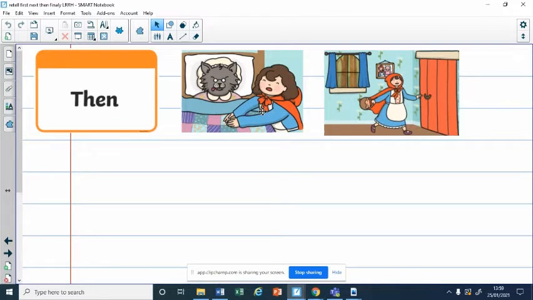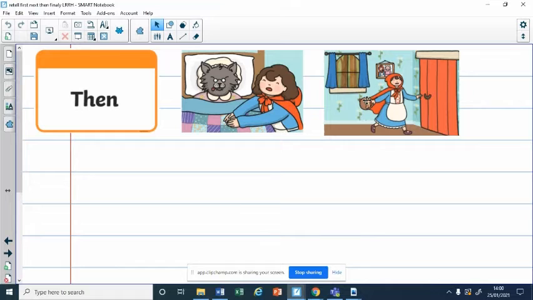Little Red Riding Hood looked at Grandma and said, "Grandma, what big eyes you have!" And Grandma said, "All the better to see you with, my dear." Little Red Riding Hood said, "Grandma, what big ears you have!" And Grandma said, "All the better to hear you with, dear." And then Little Red Riding Hood said, "Grandma, what big teeth you have!" "All the better to eat you with." And the big bad wolf jumped out of the bed and tried to gobble up Little Red Riding Hood, but